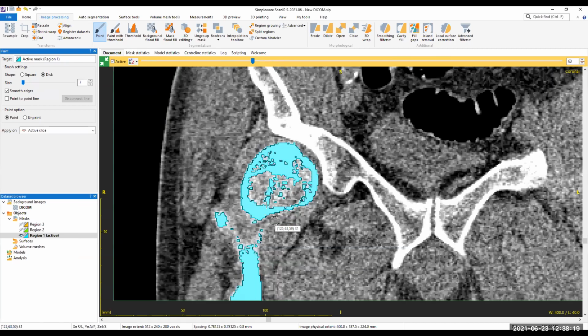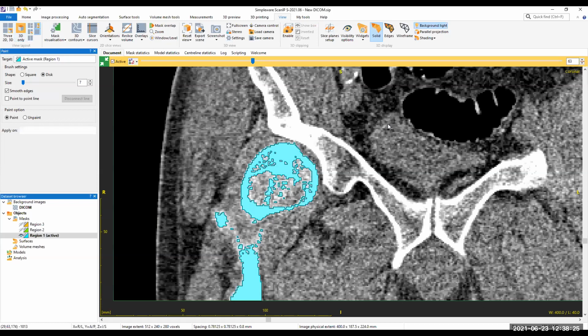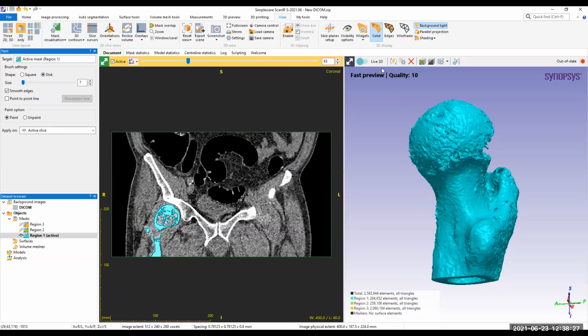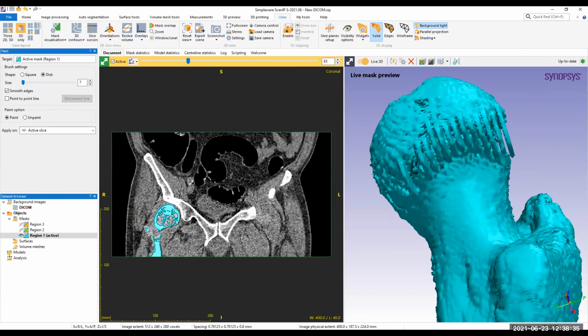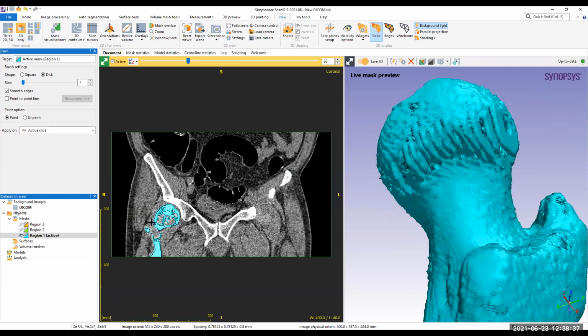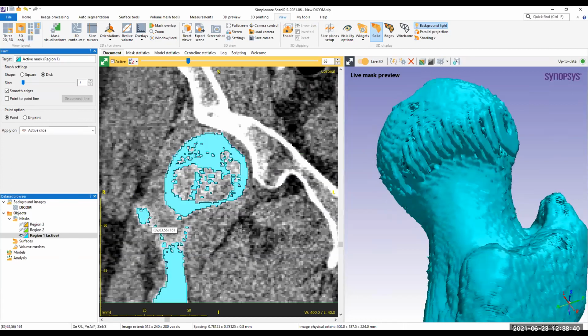As I'm working through the slices, I can also visualize it to see the changes live over here. Here you can see I'm working on every third slice. So we can see the paints that I'm doing. That is also very helpful sometimes.